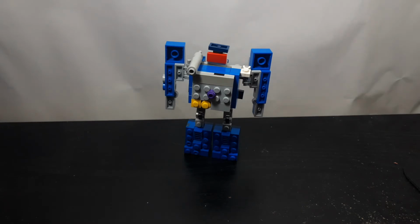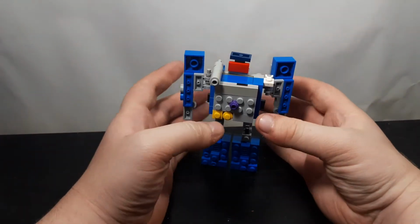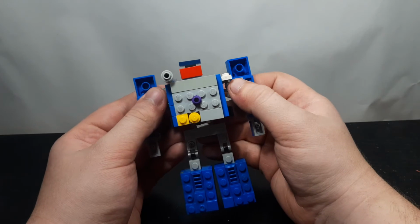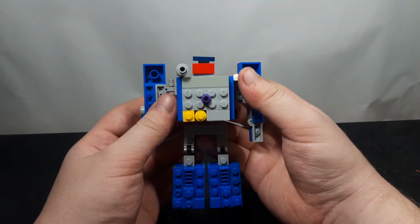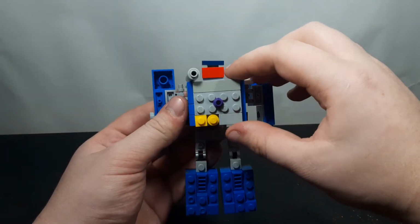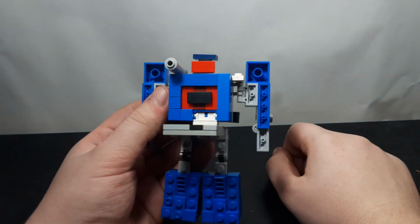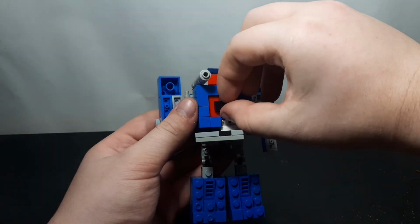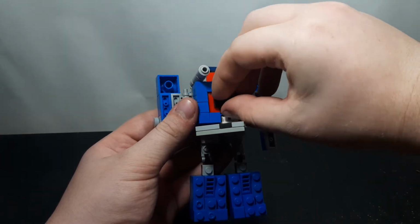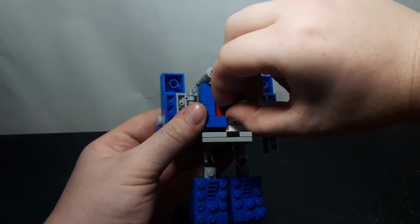He does have sort of a little feature that I added in. Soundwave, being a cassette player, has cassettes. And obviously, what would a Soundwave be without at least one cassette? So if you take this chest piece and you pull it down on this hinge, inside is a little tiny Laserbeak. Now you can pull that out. You just grab this black section and sort of rotate it slightly so you can get a better grip on it. And then,